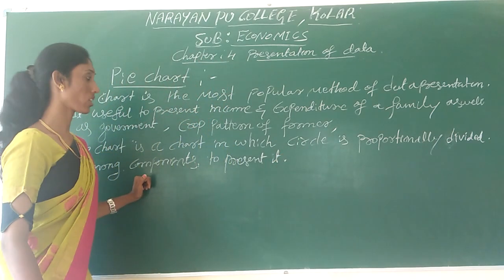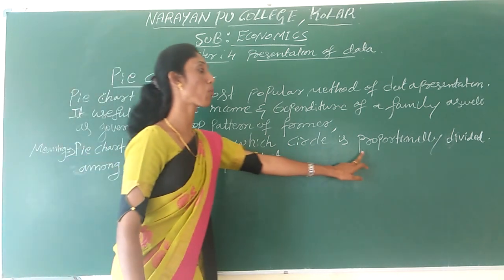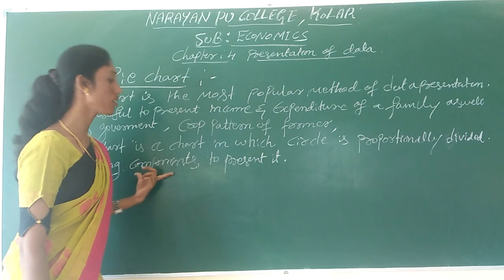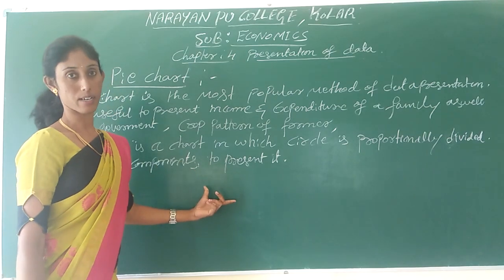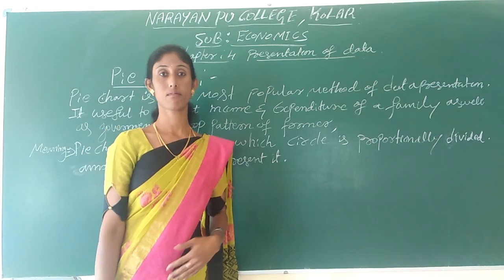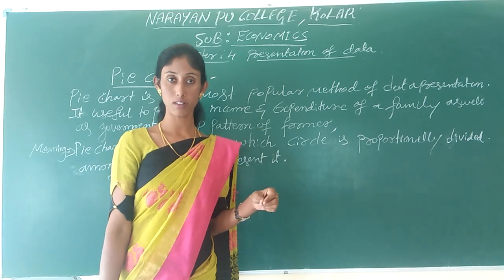This is what a pie chart is. In a pie chart, the circle is proportionally divided into different components or angles to present the data. Understood, right? Before going to draw any particular pie chart for the data,